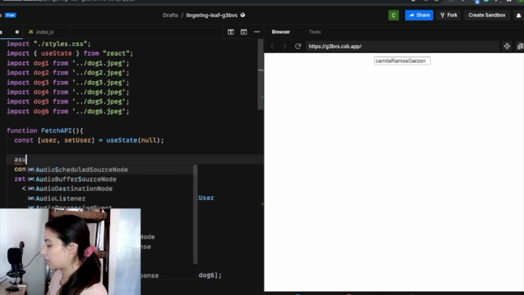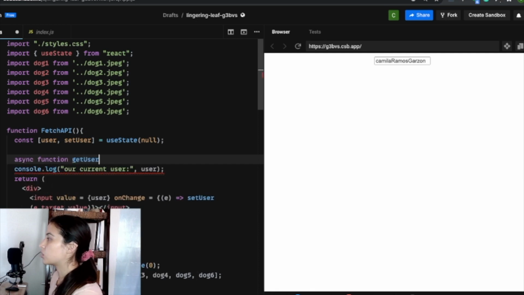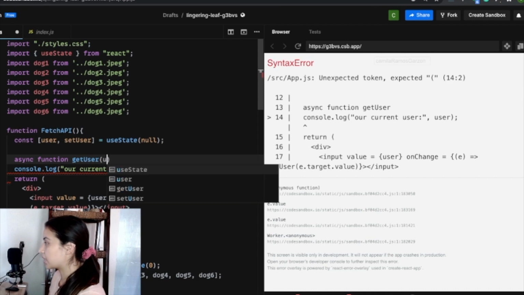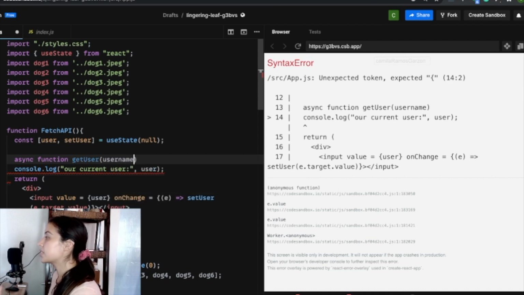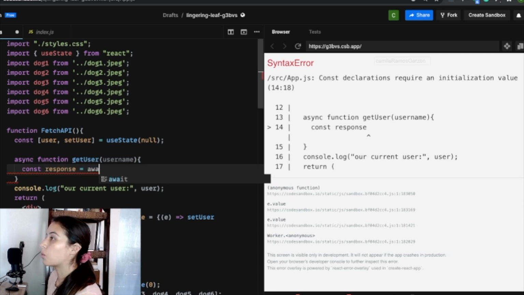So let's call it, say, async, and then it's going to be a function, and we'll just call it getUser. And then we have to pass in our username. And remember, this can be called anything. It could be called user, it could be called username, it could be called userSelected, it could be called whatever you want. It's just a placeholder for what we're actually going to pass. So I'm going to say response maybe equals await, and that's the keyword await,